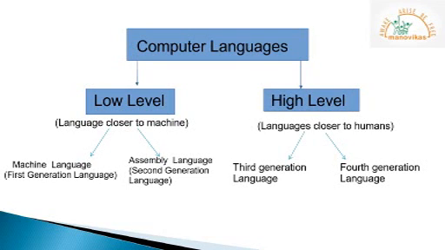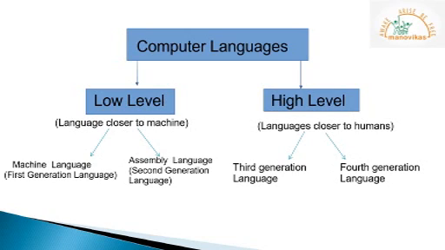Computer languages are classified into two: low level and high level. Now, as you all know, a computer is a machine, and just like any other machine, a computer can understand on and off signals, which are represented using zeros and ones. Low-level languages are easier for the machine to understand, which means that a low-level language is the one which a machine understands easily, whereas a high-level language is more user-friendly and closer to humans. Humans can understand this language easily. That's why it is called a high-level language.